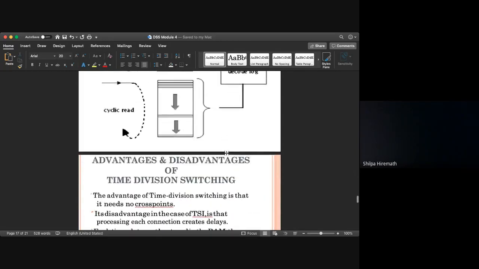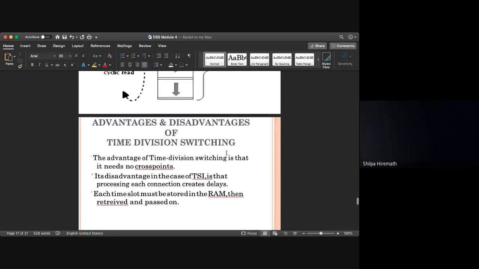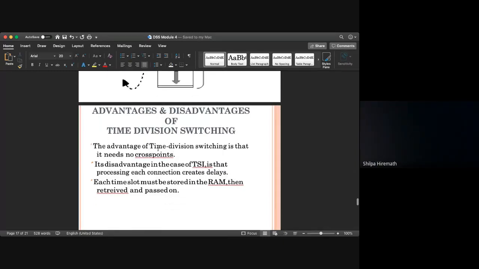Then what is the advantage and what is the disadvantage of this time division switching? So the main advantage of time division switching is that there is no need for cross points. Yes, but the main disadvantage of this time division switching is that it uses TSI, that is time slot interchanger.